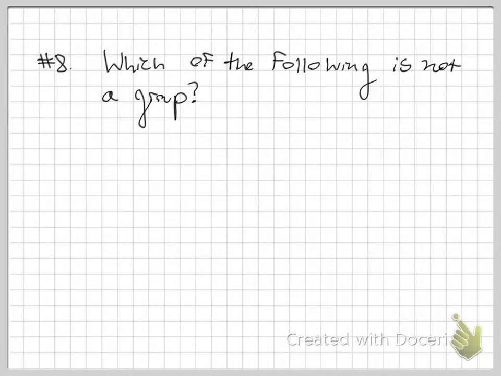All right, number 8 is pretty short and sweet. They ask, which of the following is not a group? And in order to answer that, we need to know what the properties of a group are. So a group G under an operation, let's call it star,